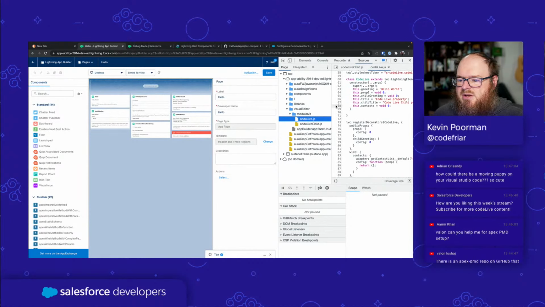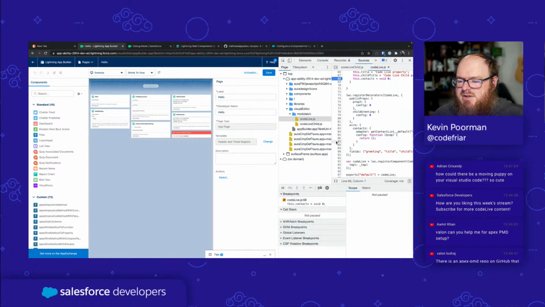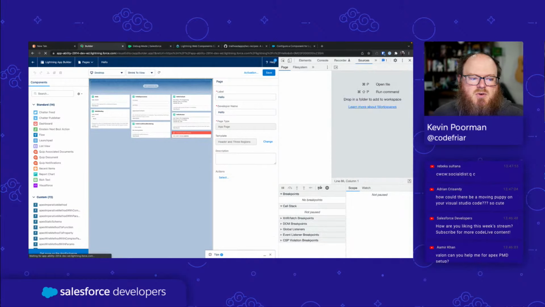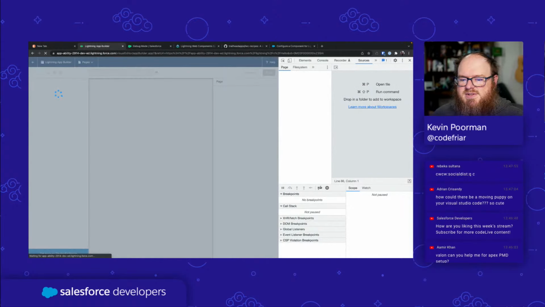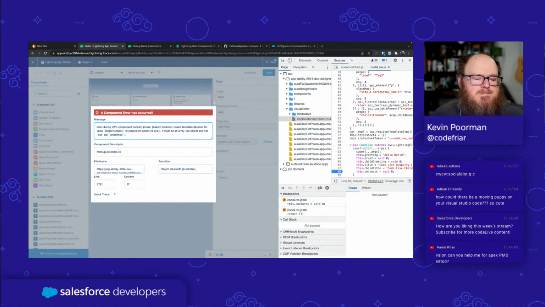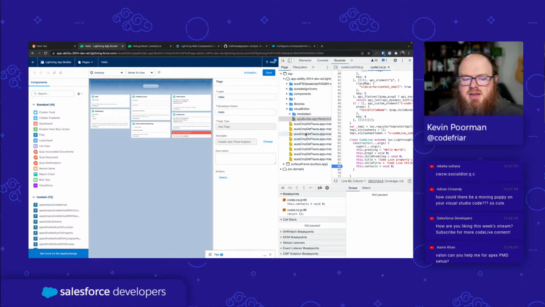So I can put a breakpoint in here, and when I look at my wire down here, I can have it show me what it's getting. So what I will do is put in, we'll do this here. Now, when I reload this, it's going to automatically break on those breakpoints and say, hey, something's broken. And this is really helpful for debugging things. Okay, so we've got our JavaScript here, and that obviously didn't work, so it didn't pull that in. I think we've got a race condition where it's trying to